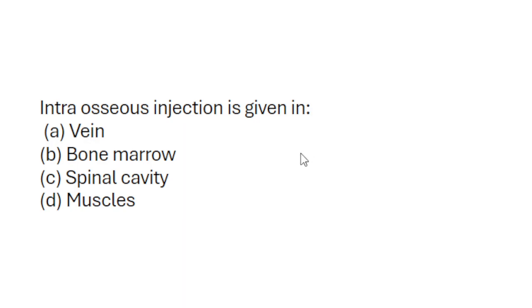Intraosseous injection is given in A. Vein, B. Bone marrow, C. Spinal cavity, D. Muscles. B, bone marrow. So the intraosseous route means giving an injection into the bone marrow. Next question is,